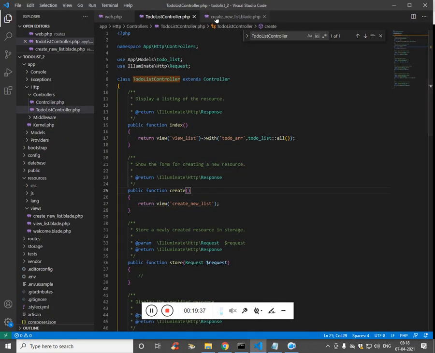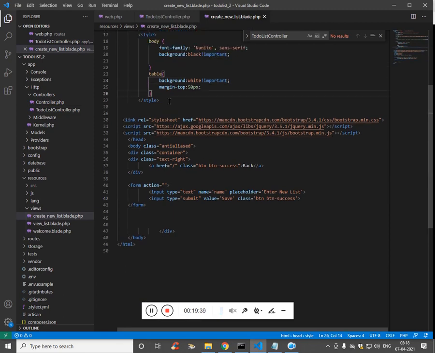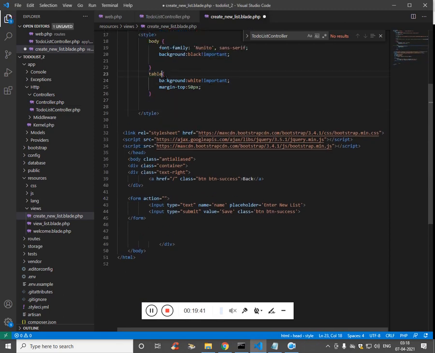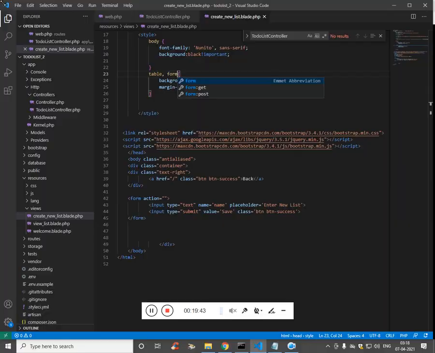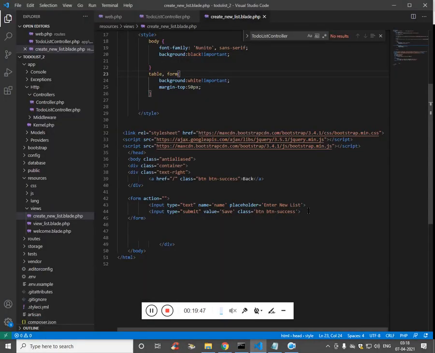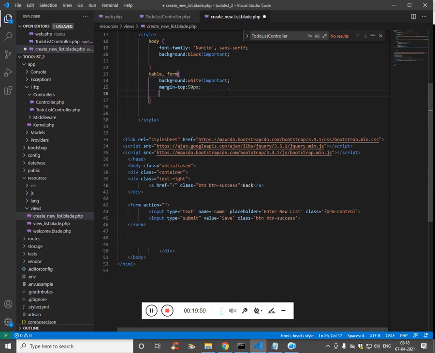So let's style the form first, table and then form. So we'll add the Bootstrap class form-control, and let's add padding on all four sides.